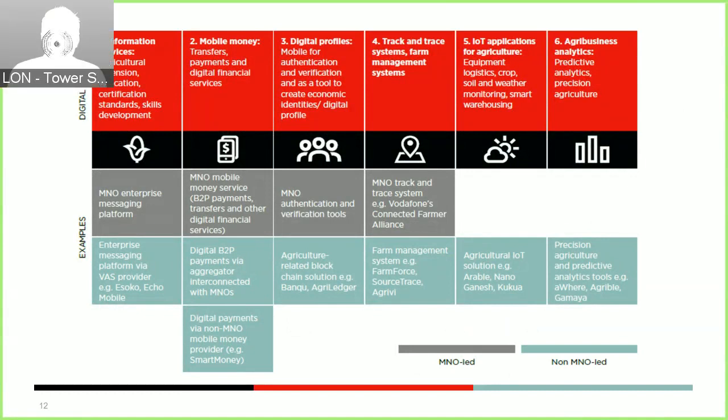Then we have IoT applications for agriculture, as I mentioned before. This is a space where MNOs haven't quite yet really developed a portfolio of services in developing markets. They certainly have developed these services in developed markets. It's important to say that there are operators in emerging markets in Africa, for example, operators like Orange Business Services, that provide end-to-end services and connectivity to third parties, but they don't quite provide yet a portfolio of M2M or IoT applications for the agricultural vertical.